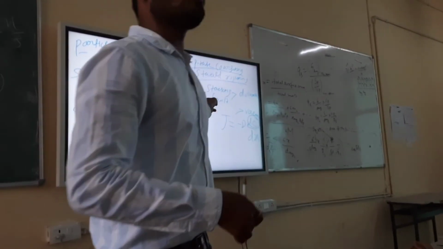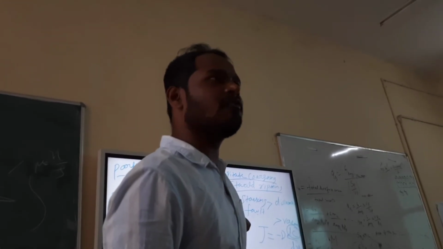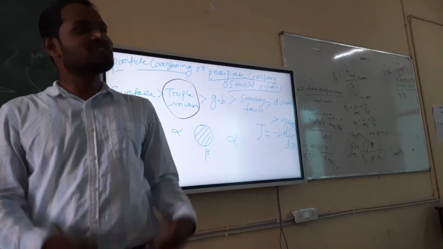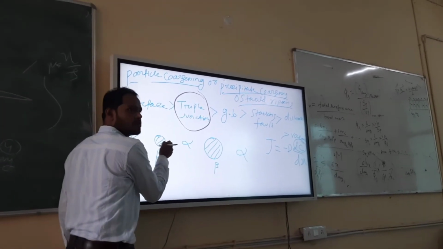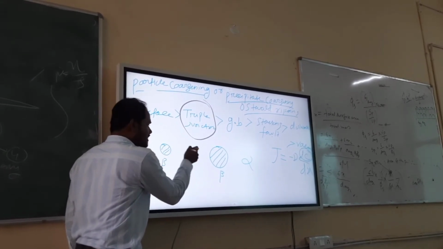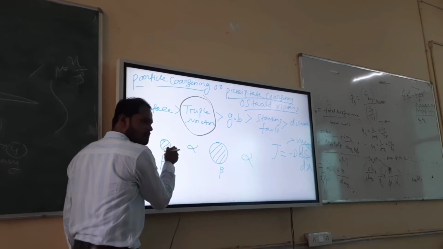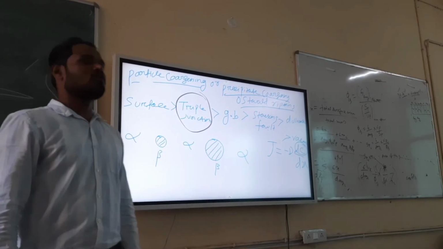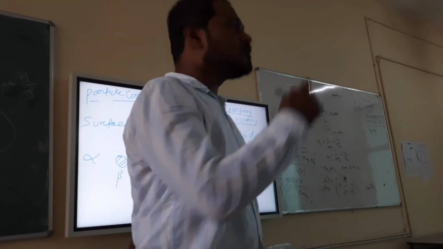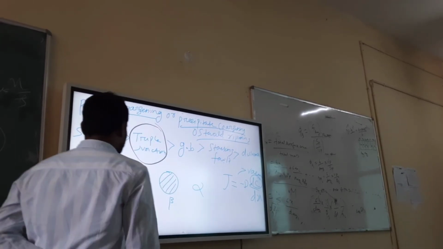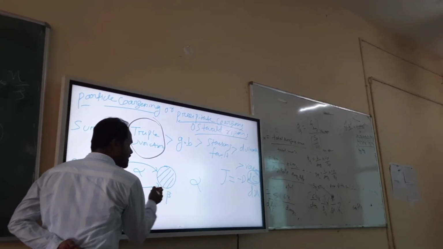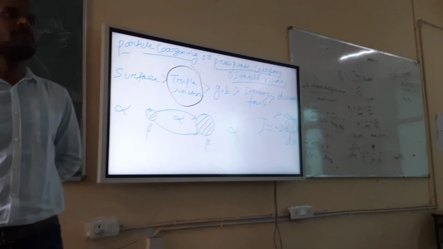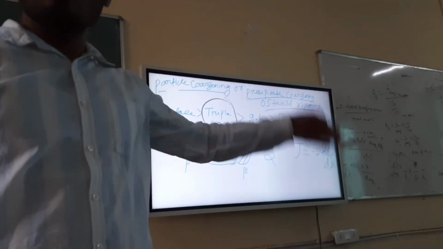So now what I told, the concentration of alpha in equilibrium with this one and the concentration of alpha in equilibrium with this one is not the same. It is different. Actually, it is higher here. You should remember. The concentration of alpha in equilibrium with the small precipitate is higher. The concentration of alpha in equilibrium with the big precipitate is lower. So from where to where will the atoms migrate now, tell me yourself. Small to big, obviously. So atoms will migrate from here to, but they do not directly migrate. They go into alpha. From alpha, they precipitate on the bigger precipitate. So atoms move from the small precipitate to the big precipitate.